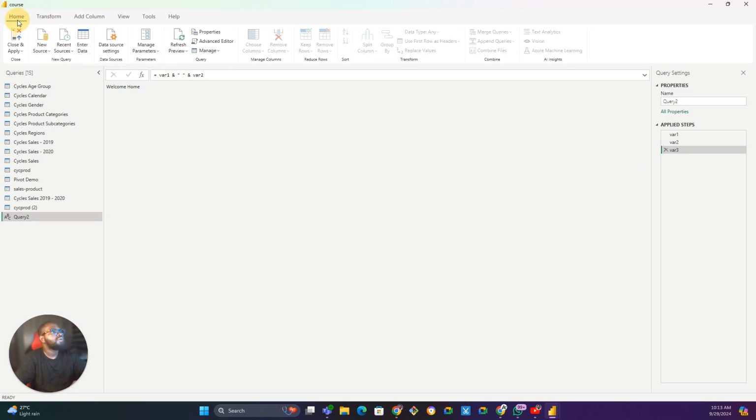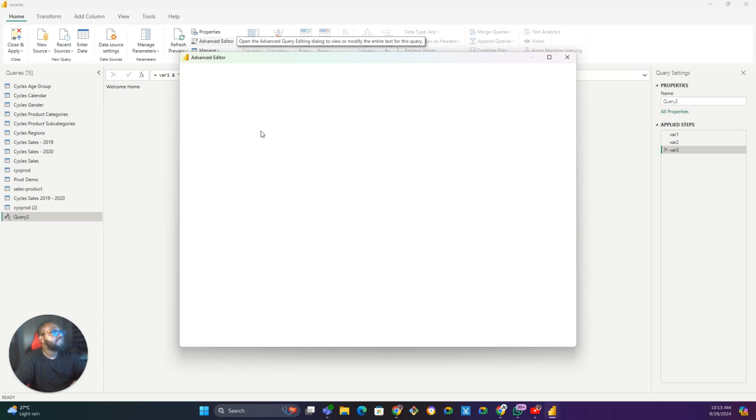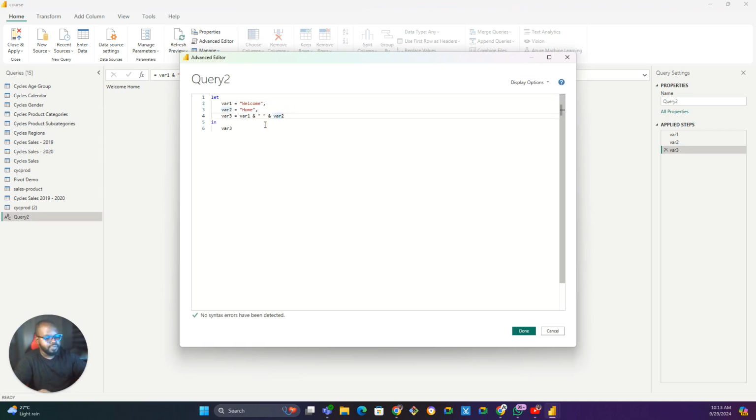We don't have a header, so we can't really do any step. But one thing I want us to note, okay, let's do it here. If we go to advanced editor, and we actually create a fourth variable. So let's create a fourth variable and say variable, and I'm going to deliberately put a space. Variable 4 is equal to, let's do text